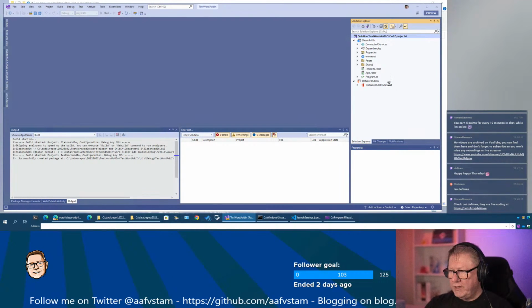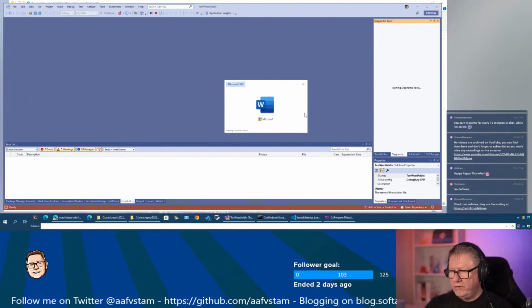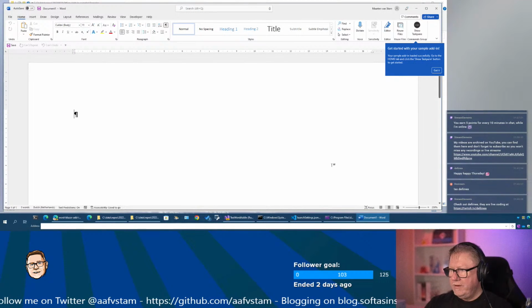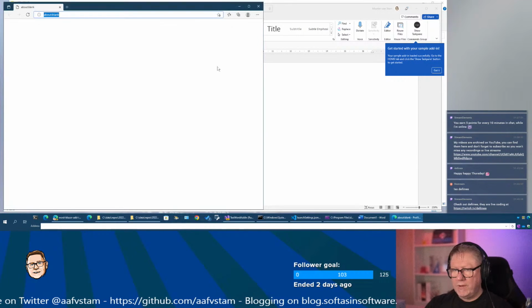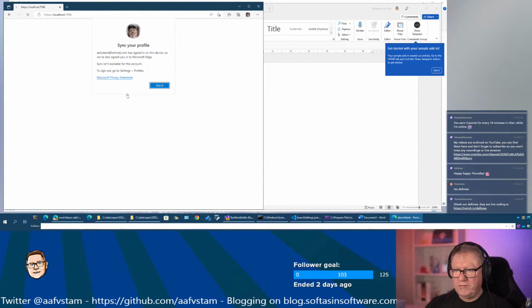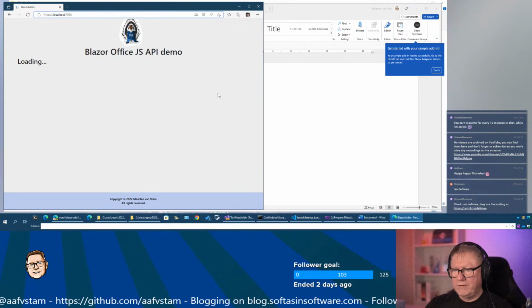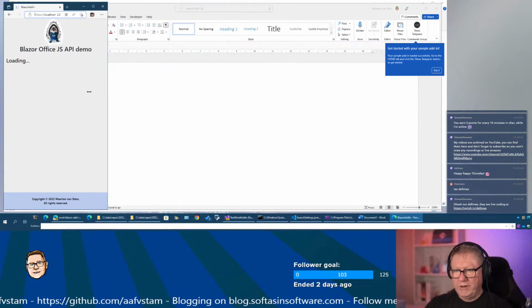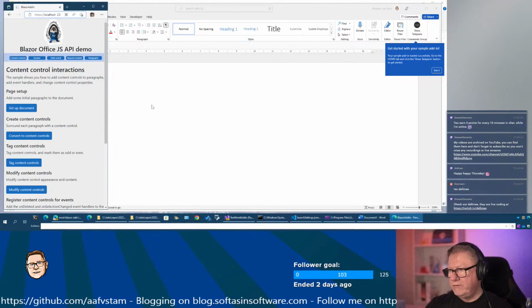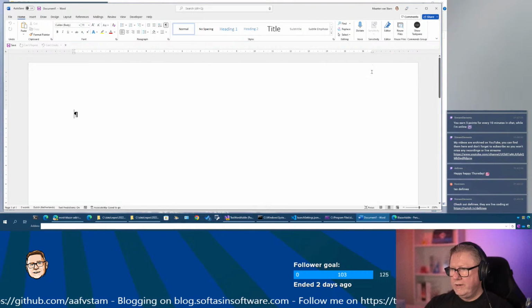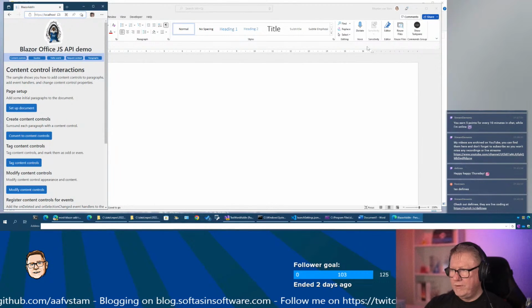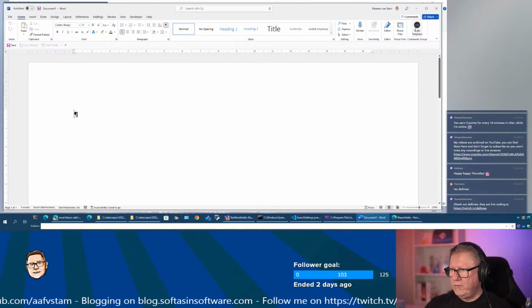And it should automatically open Word, there it goes, and sideload the task pane, waiting for the server to finish. And I got it. Apparently it found a different profile important to load. Got it. So the server is up now, and now go into here